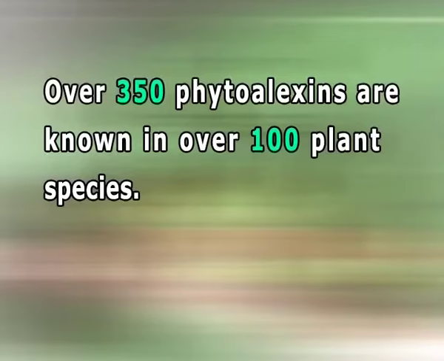Over 350 phytoalexins are known in over 100 plant species: pterocarpans, cryptophenols, isocoumarins, isoflavonoids and others. Phytoalexins may be produced by any part of the plant, although different phytoalexins can accumulate in different organs. Generally, related plant species produce structurally related phytoalexins and may produce more than one, enabling the plant to present a toxic cocktail to invading pathogens.